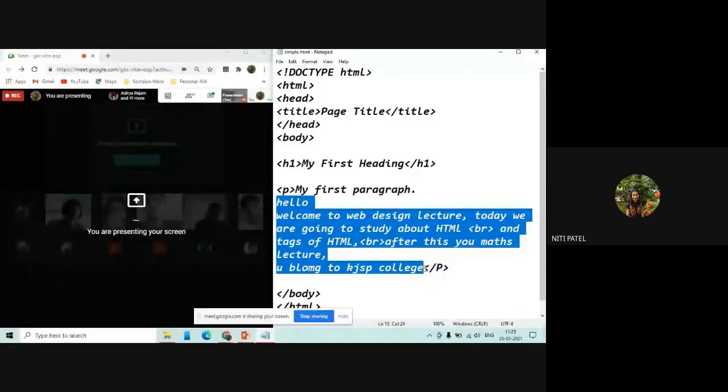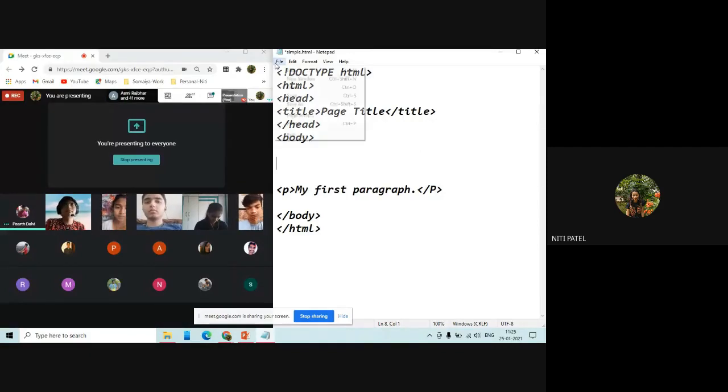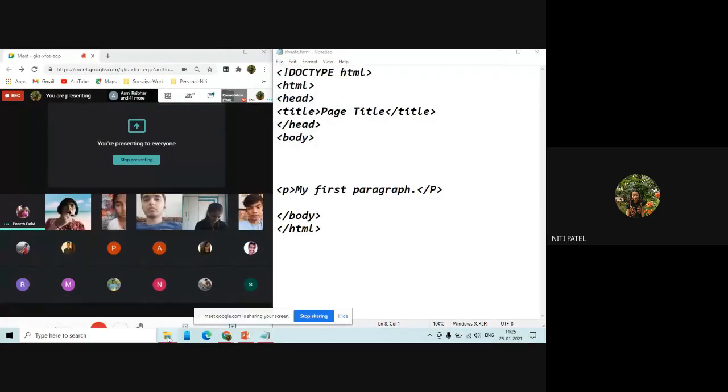So at the start we have a small p, and at the end we have a capital P. Let us see if this is getting executed or not.